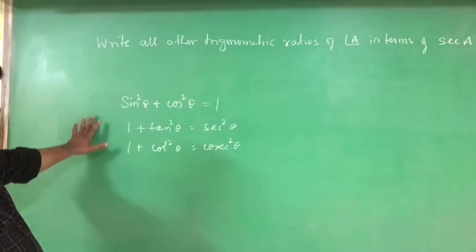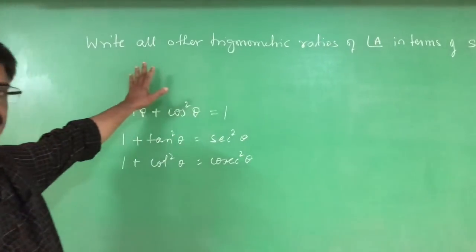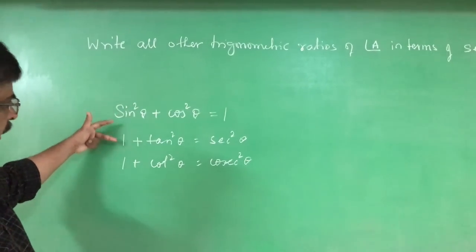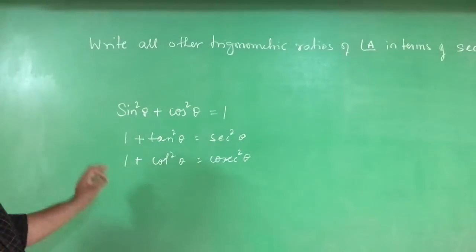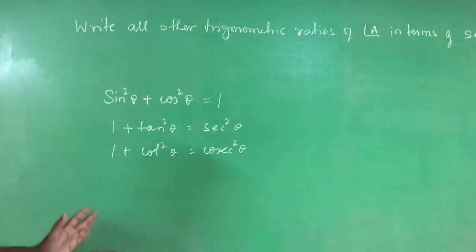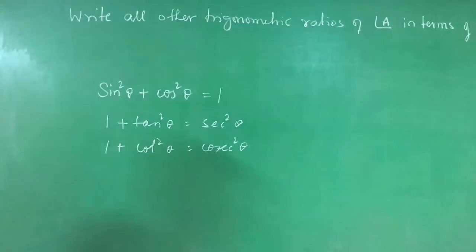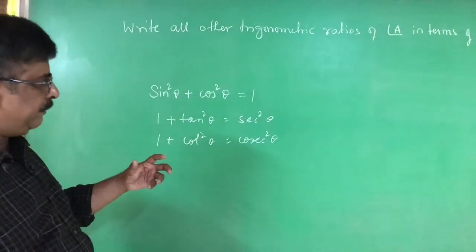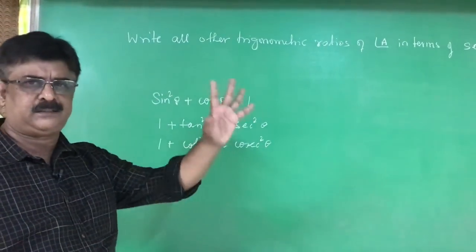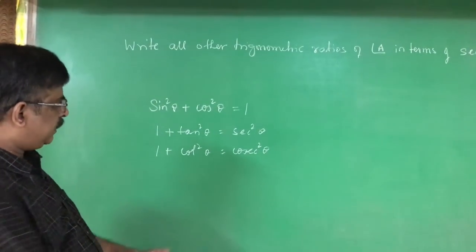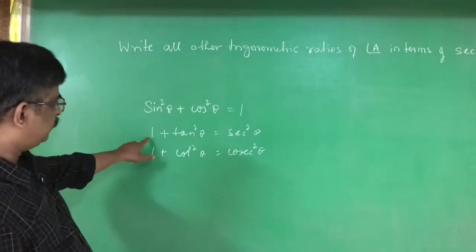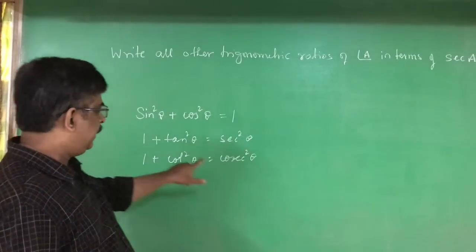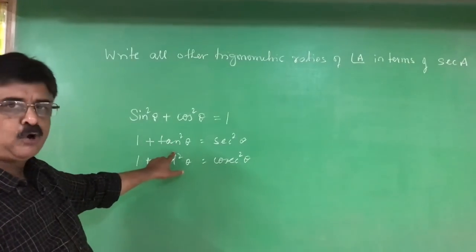Now the last one is, you guess. There is no need to guess. You have to understand which among these 3 trigonometrical identities suits to relate cot theta and secant theta. You have to get an idea. See, trigonometry is meant for intelligent students. If you are intelligent, you can get the idea. I tell you this one. Secant theta is already there. Here tan is there. Reciprocal of tan is cot.